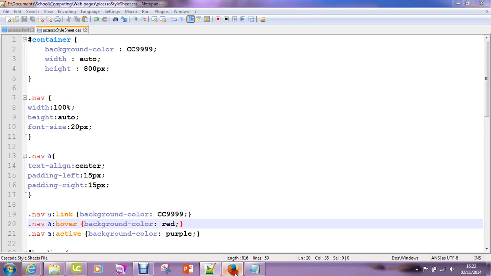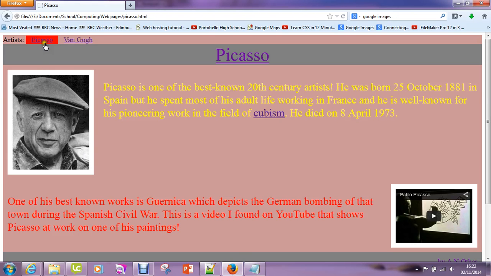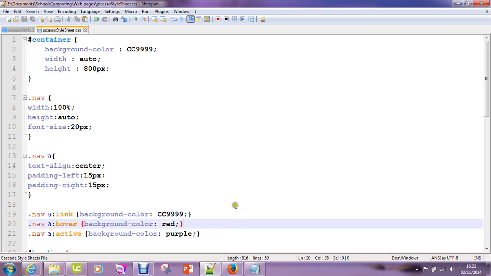So we'll just have a look at that. If you look at this, you can see the text is centered within that area, and it's got padding of 15 pixels on either side. Same thing with this, 15 pixels on either side. And these lines here,